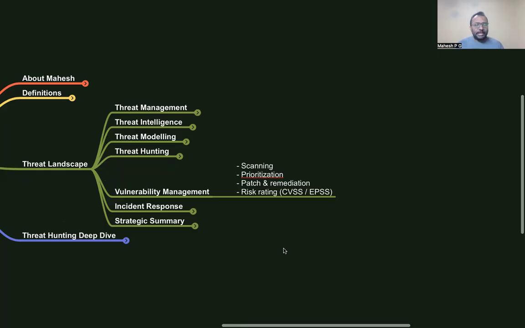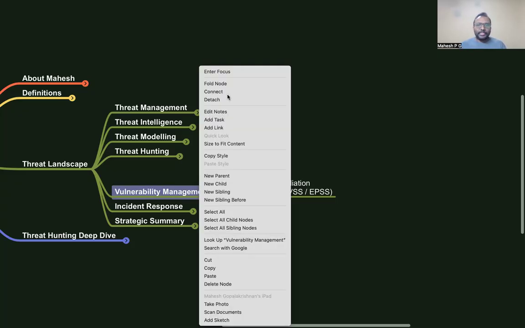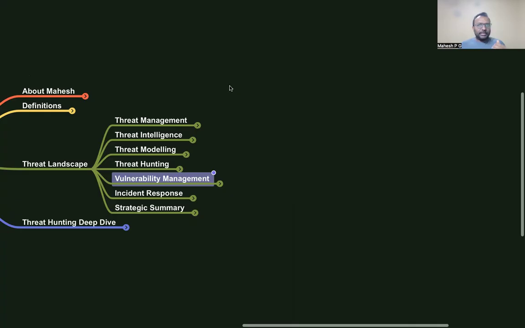Once we identify vulnerabilities, we have to assess the severity levels, what needs to be done, what is high priority, then do patching, fine tuning, baselining, hardening, etc. According to the risk rating, like the Common Vulnerability Scoring System, CVSS, EPSS, these are the systems used by the vulnerability management team to ensure that the vulnerabilities identified are patched according to priority. There are multiple things. There may be process gaps, lack of hardening, lack of patching of a system. All are related to certain vulnerabilities.